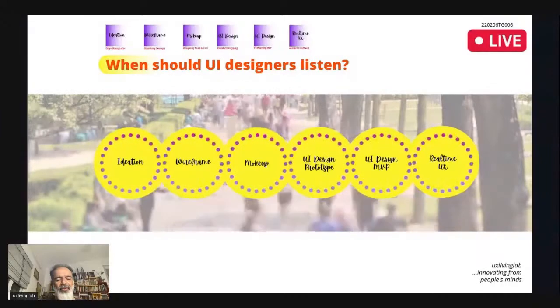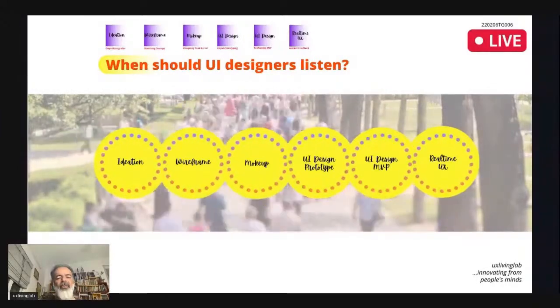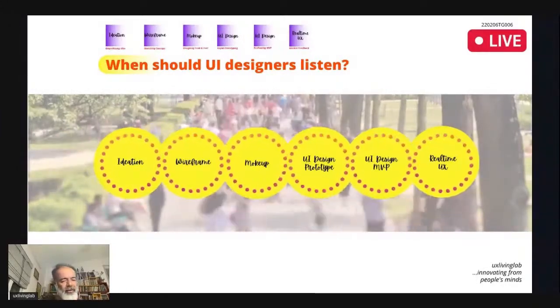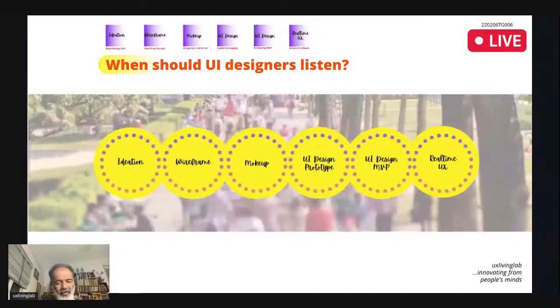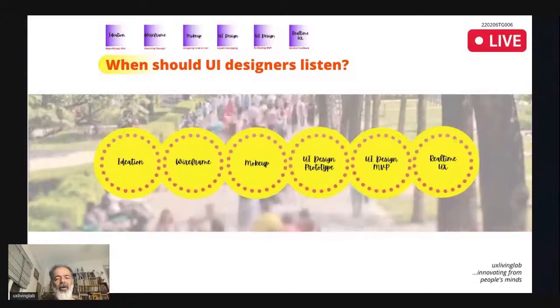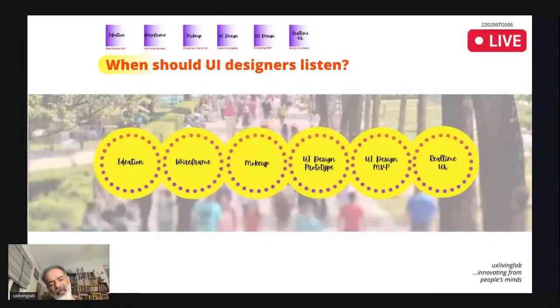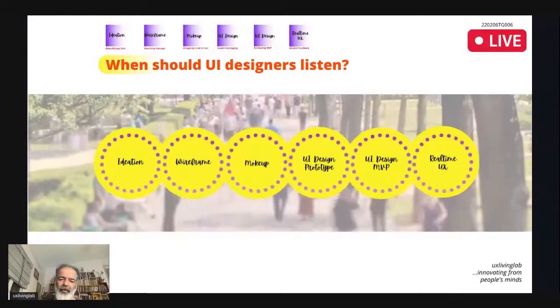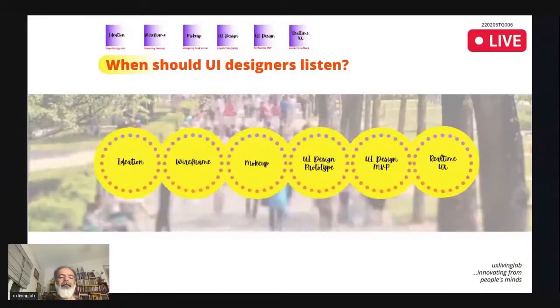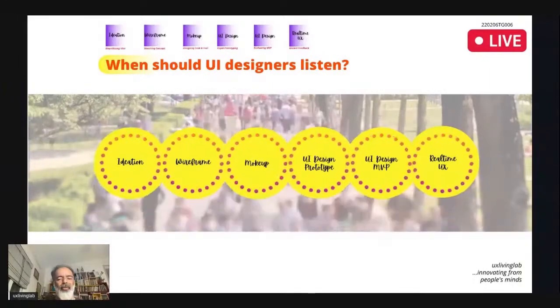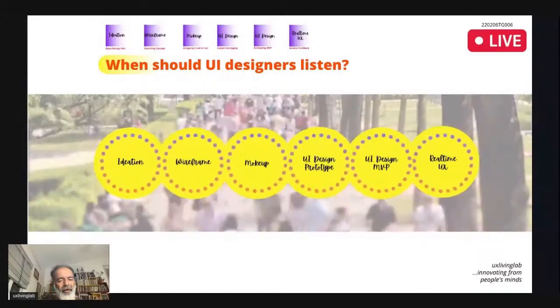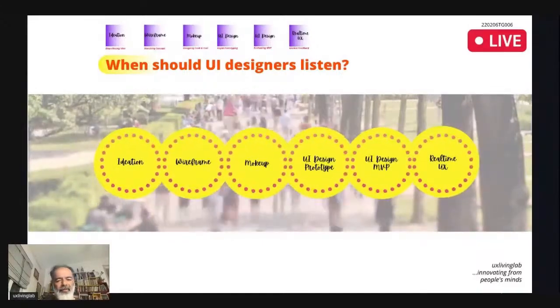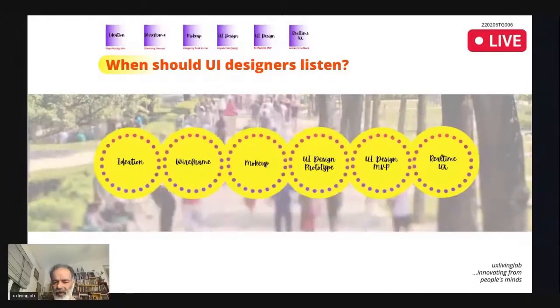In the ideation process, you have to listen to your users, the targeted users after segmentation. You define the segmentation, then find the people and categorize them into a particular segment. In the ideation stage, you have to talk to those targeted users, compare with ideas, and finalize. Then you develop the wireframe.